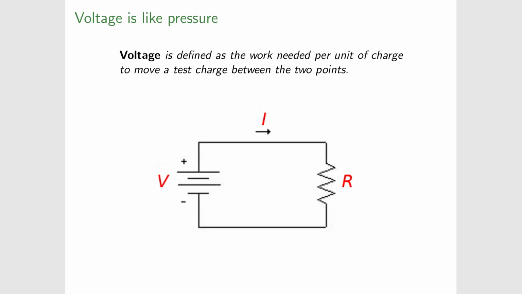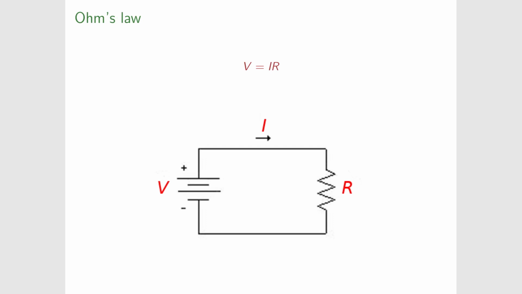And so the voltage is going to be like the height of the water, or correspondingly the pressure in the case of the bucket. In fact, just like in the case of the bucket, it was important for our equation that the relationship was linear. So the size of the leak was linearly proportional to the height of the water. There's a similar linear law in the case